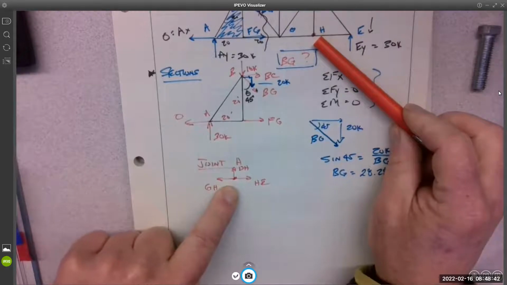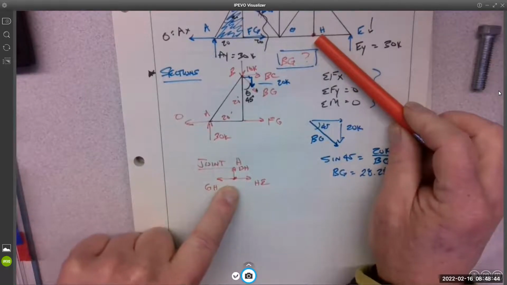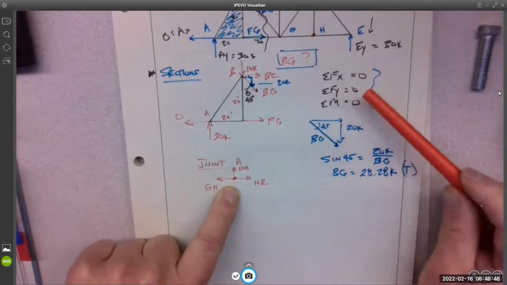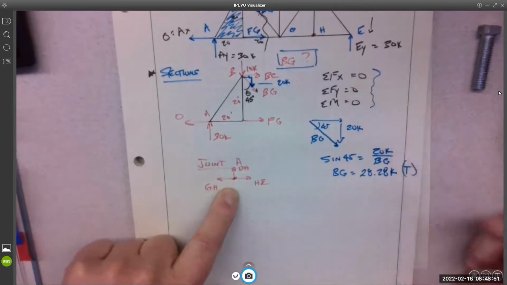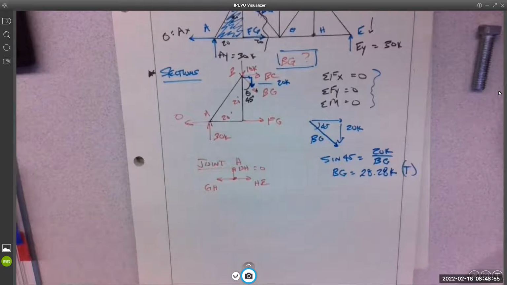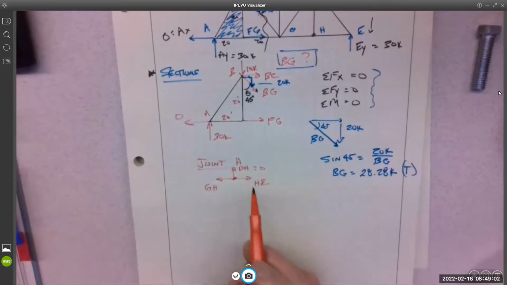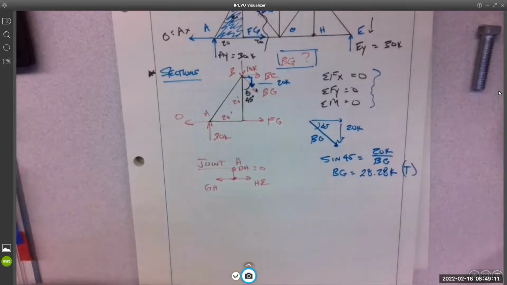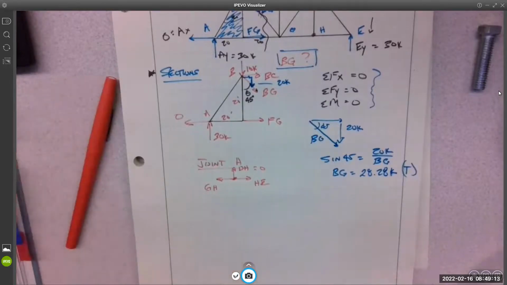Agreed? Okay. How many forces in the Y? 1. Forces in the Y have to be equal to 0. DH is equal to 0. So what you're looking for are T's. These two, GH and HE, must be in the same line of action for this to work. If they were off at all, right? If it looked like this,